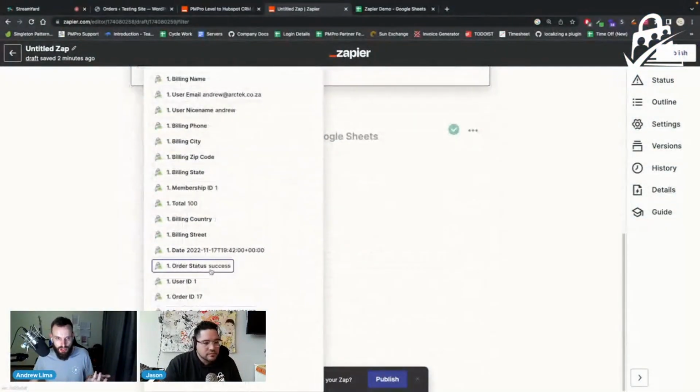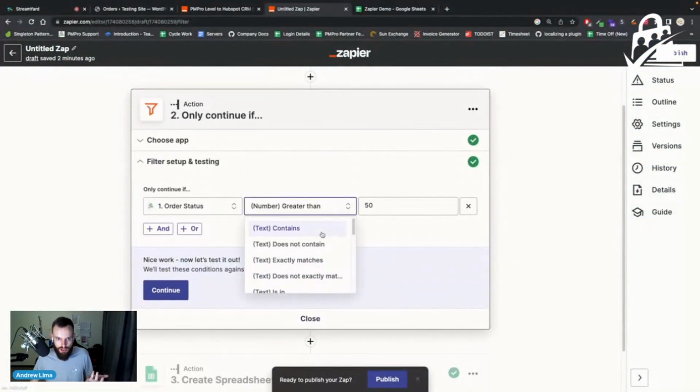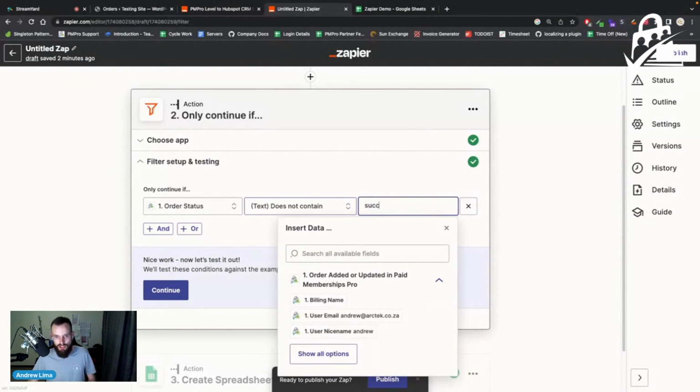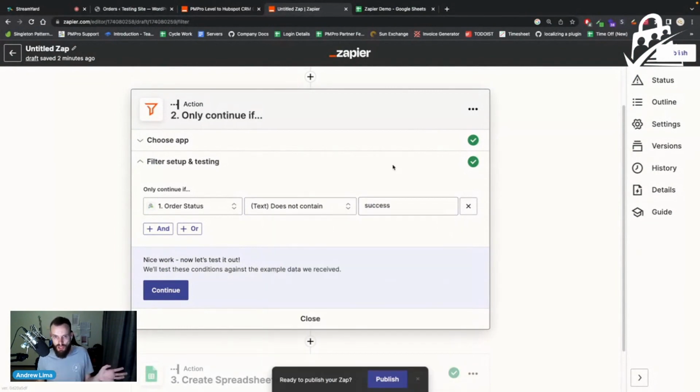Yeah. Sorry, Jason. Another good one is you could also filter on order status. So you can build your own cart abandonment or failed payments tracker so that you don't have to go into PMPro orders and filter it. So the concept would be very similar, but the filter step would change. You would filter on order status. So you could say if order status does not contain success,